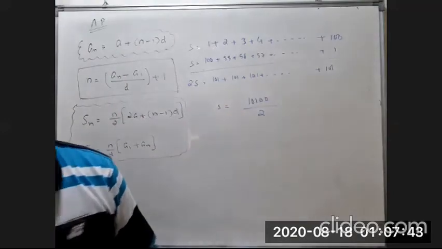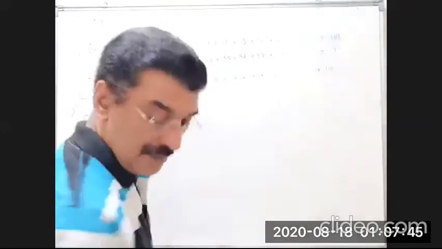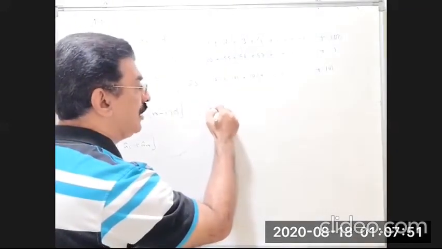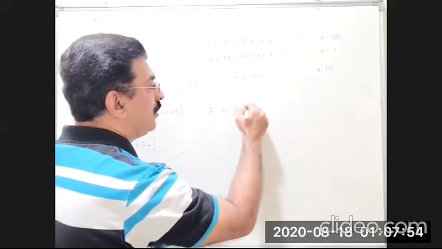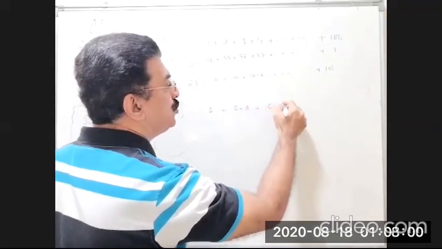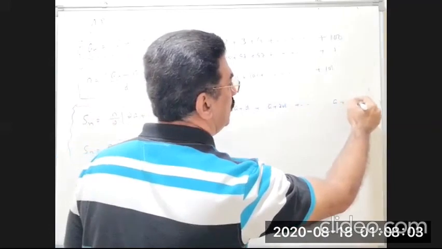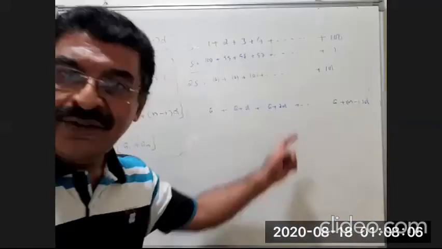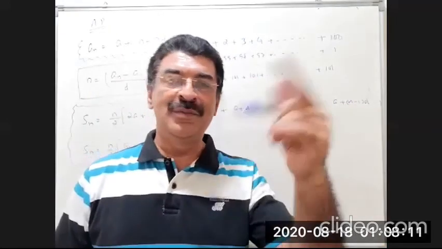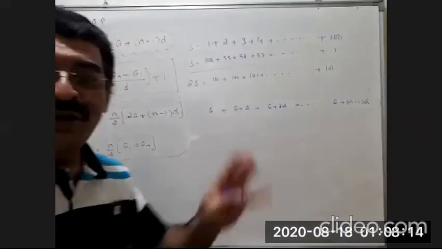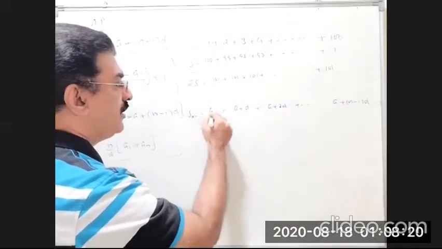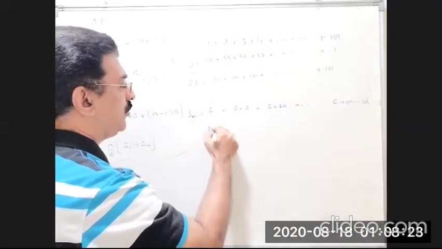Actually, that is this formula. How? See here, this AP: the first term is a, the second term is a plus d, the third term is a plus 2d, and so on. The last term is a plus (n minus 1) into d. Actually, this story is given in your class 10 textbook. You may have heard this in class, but you people are least bothered about these things. You will not listen in class. Anyway, writing it in reverse order: a plus (n minus 1) into d,